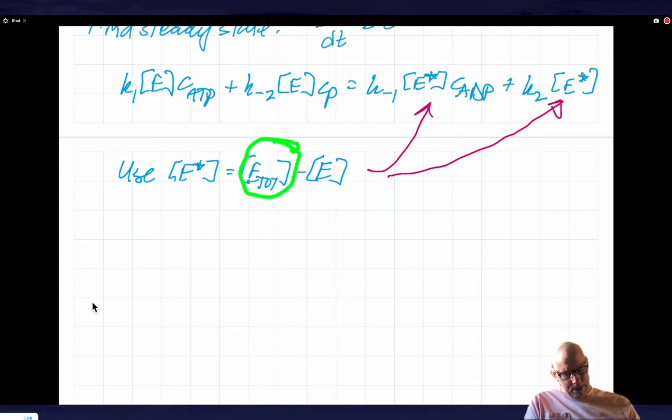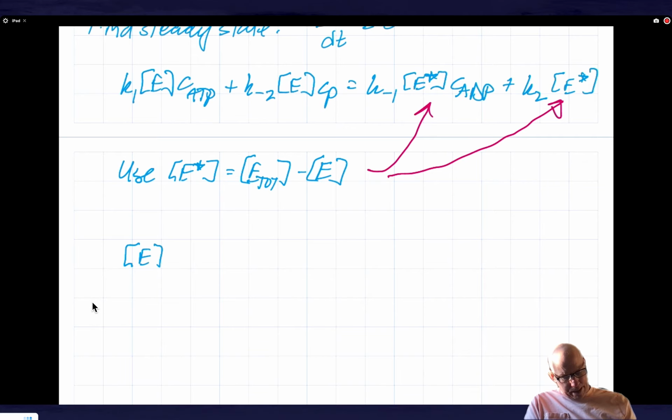I'm going to pick up an E tot times K minus 1 ADP, and then this K2, and then I'm going to also pick up with a minus sign these same coefficients, but times an E, and so I can bring them to the other side. And so what I'm left with is,